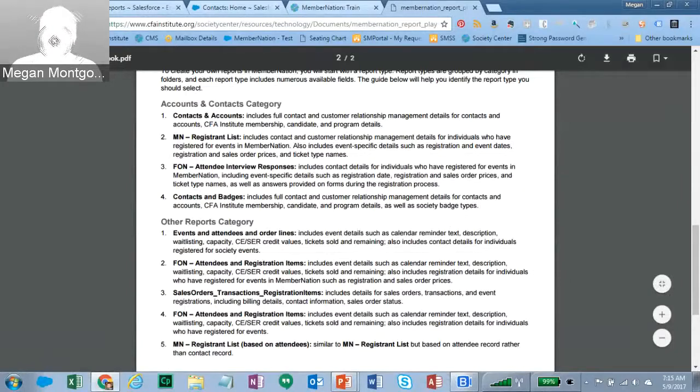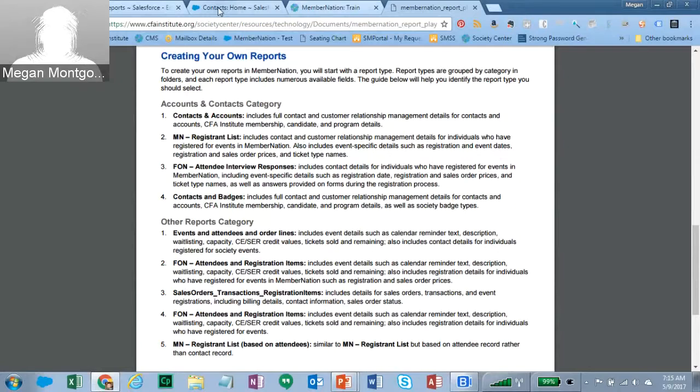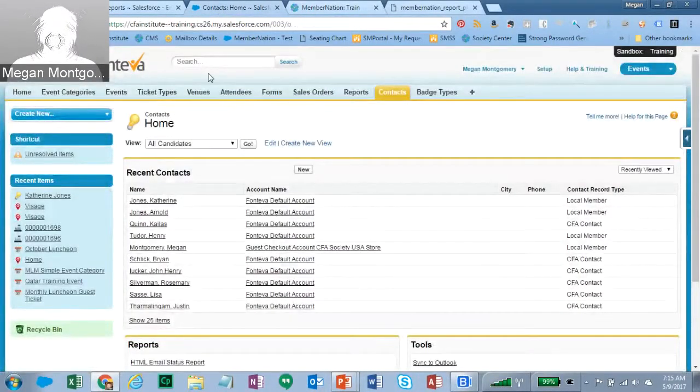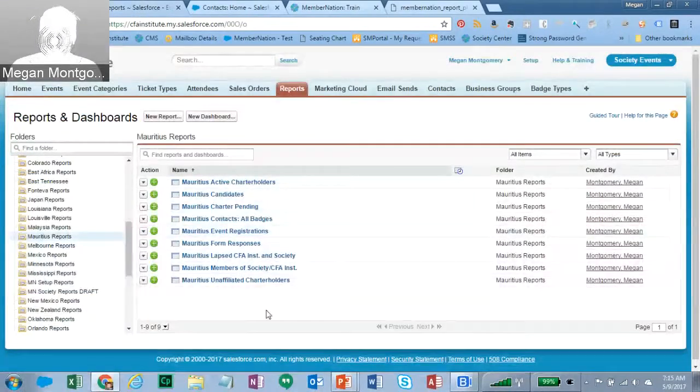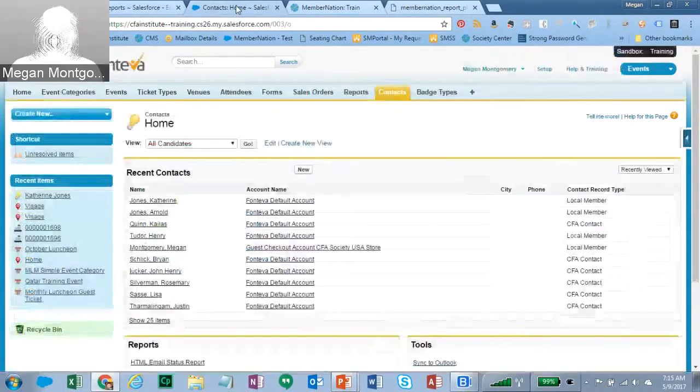So if we go ahead and take a look at the reports tab, we can see how we can pull up some of this information. So let me show you first of all. So again, all of these reports are going to show up in your own reports tab, but then if you are ready to create a report,